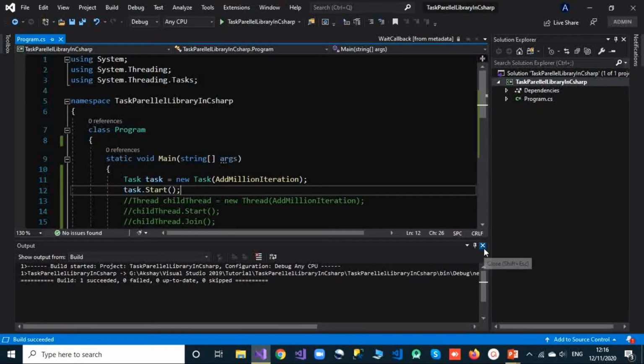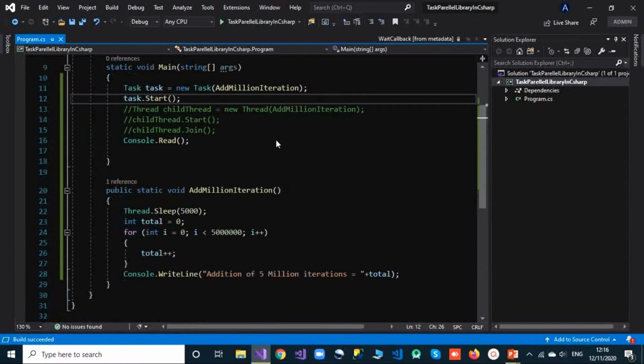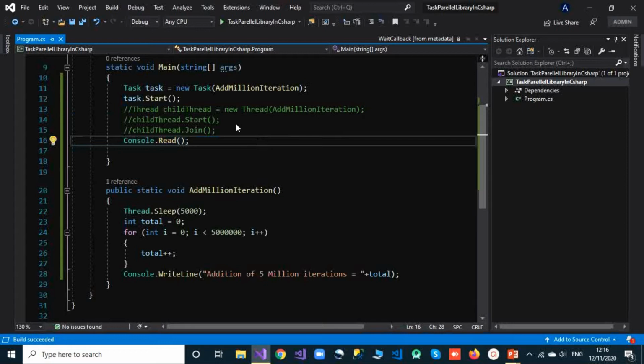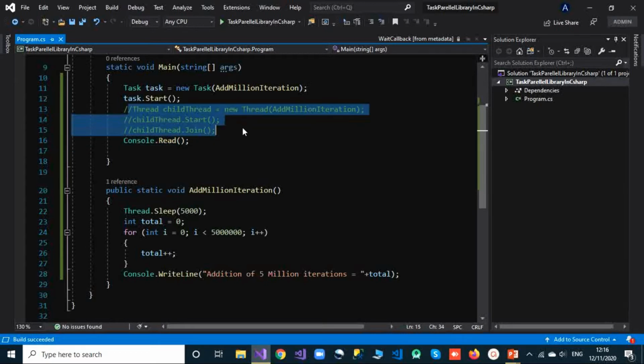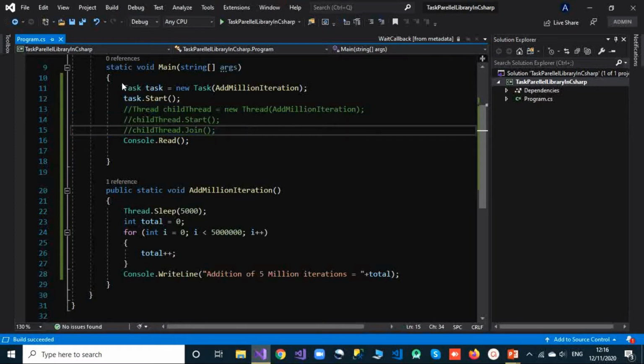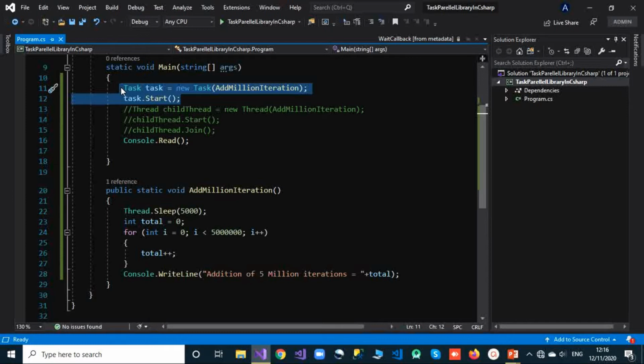But what is the difference in using task in comparison to thread? As I have already told you, threads make the processor switch context between threads. But this task only runs one at a time, and it makes all the processors work to their fullest capability, and there is no requirement for context switching. That's what makes our application more efficient, and the performance of our application is increased using task as compared to threads.